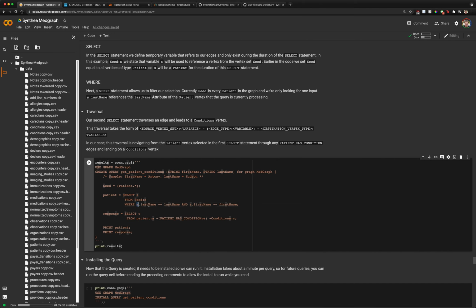So s dot last name, for our current patient vertex that we are iterating through, is their last name attribute equal to the input string last name that we have for our query? And if it is, then that particular vertex will be added to another vertex set that we will call patient. So ideally, this patient vertex set will only have one vertex in it, and that will be the patient that